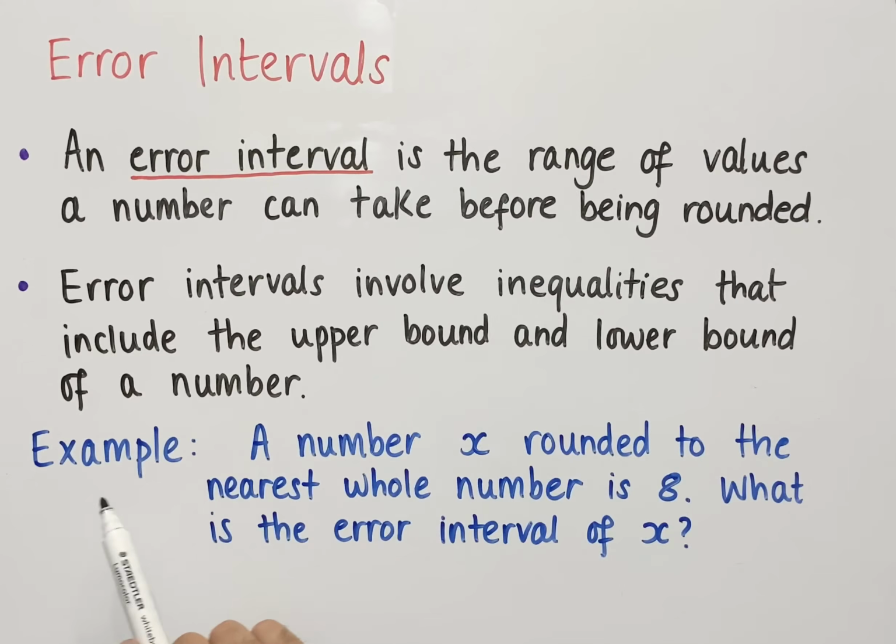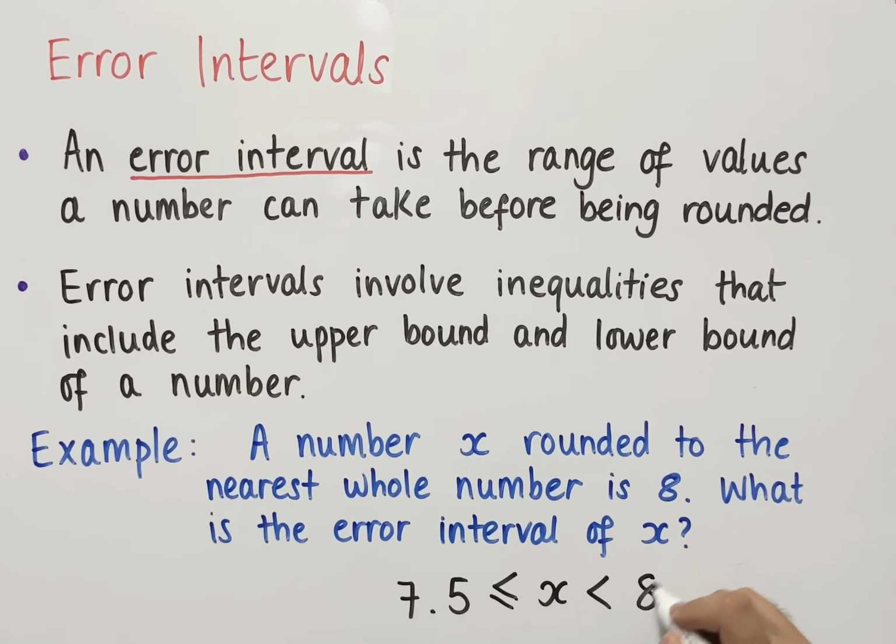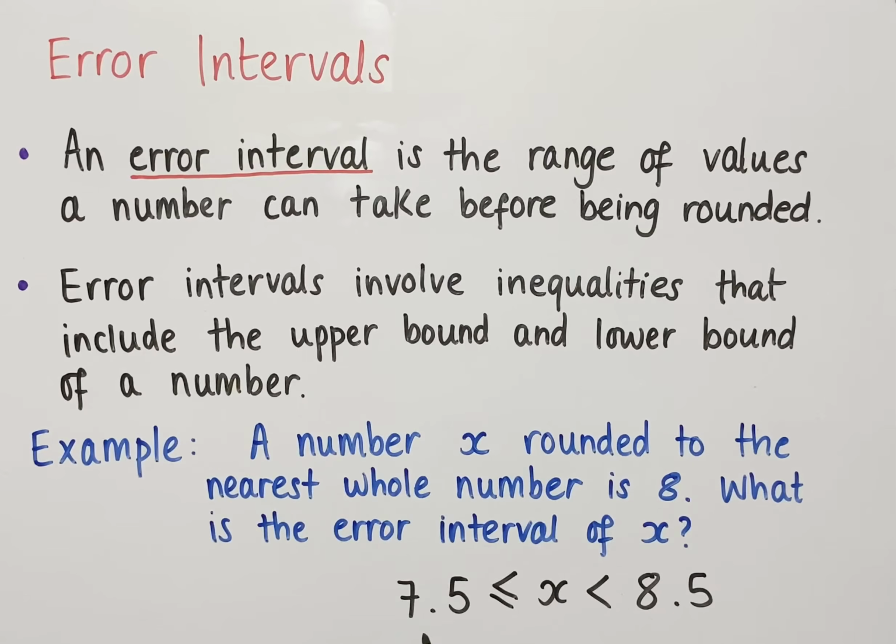So an example: a number x rounded to the nearest whole number is 8. What is the error interval of x? The smallest value that the number can take before it is rounded to 8 would be 7.5 if it's rounded to the nearest whole number, and that would be less than or equal to x but less than 8.5. To the nearest whole number,